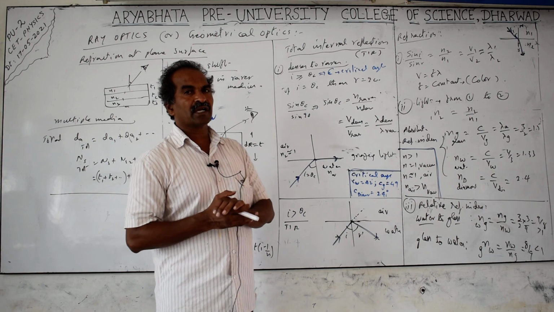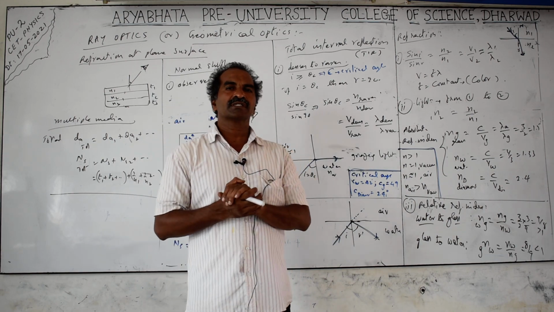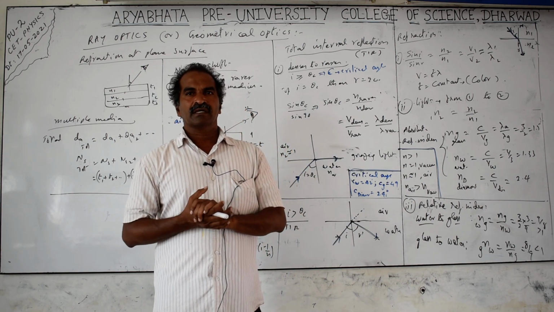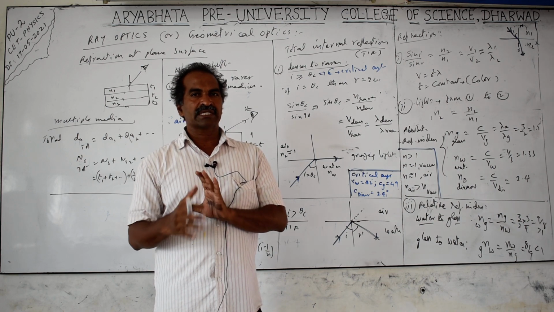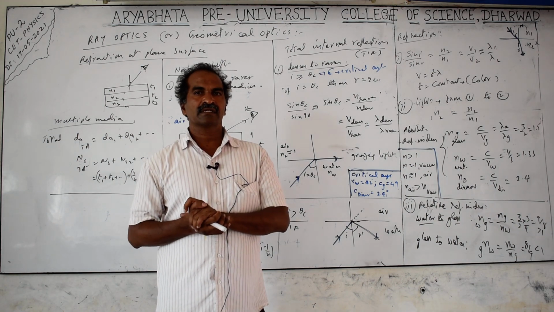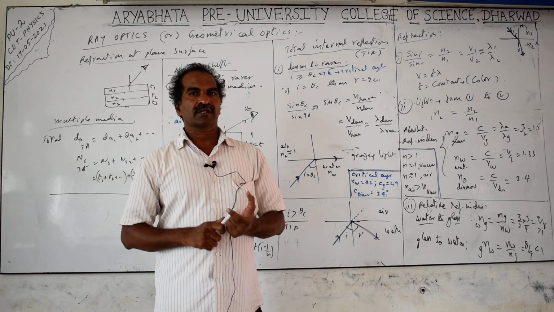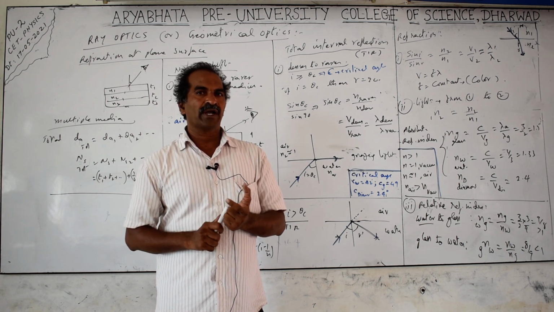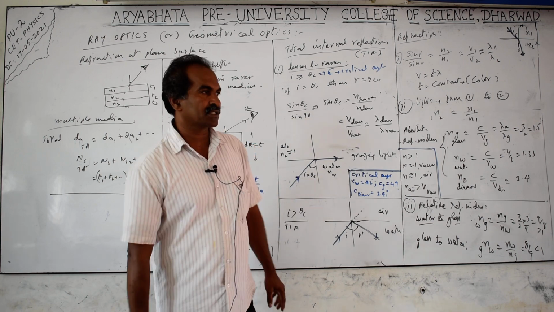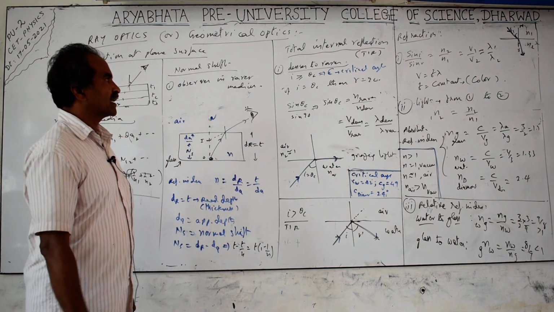In magnification I didn't discuss the areal magnification, which is just the ratio of the image area to the object area, but we'll discuss it again in lenses. Also Newton's formula, areal magnification and focal power. I am going to repeat the formulas and points in lenses, which are the same for mirrors, similar for real images.